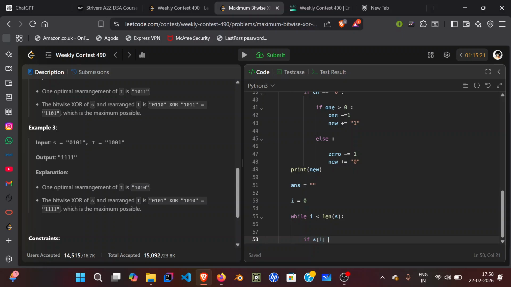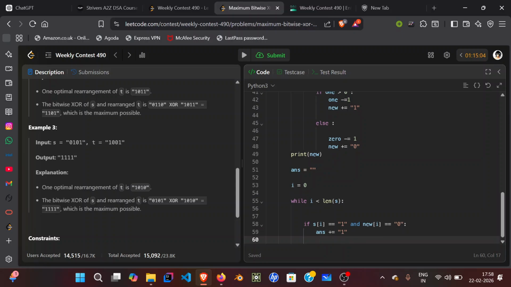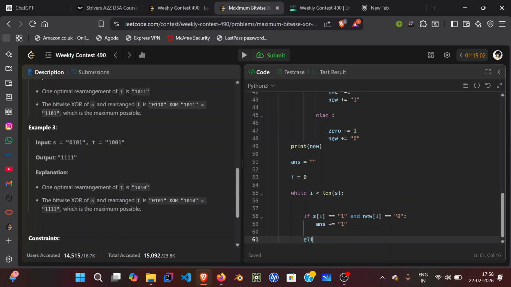If S of I is double equal to 1 and nu of I is double equal to 0, तो आंसर में हम लोग ऐड करेंगे 1. Elif s of I is 1 and nu of I is also 1,